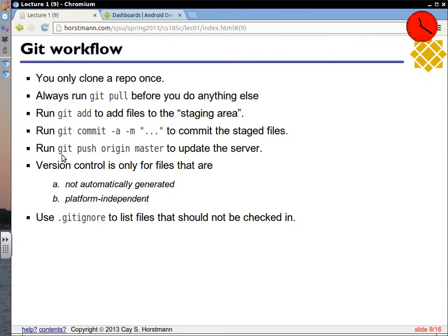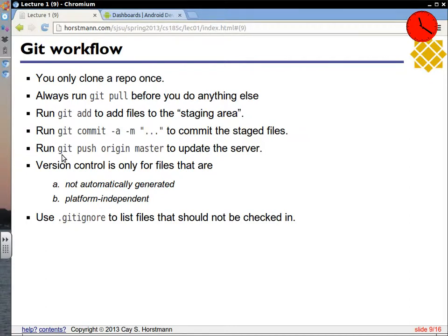There's no need to clutter up the space. You should never push anything, and that's more serious, that has anything platform dependent in there. So if something says /users/chi, people would hate me if I pushed that, right? Because then when they pull it, they get their configuration file overwritten with something that says /users/chi. So anything that's dependent on any personal settings should never be checked in. And there's a file called .gitignore that you're going to be building in this lab that lists all of the files and file patterns that should not be checked in.